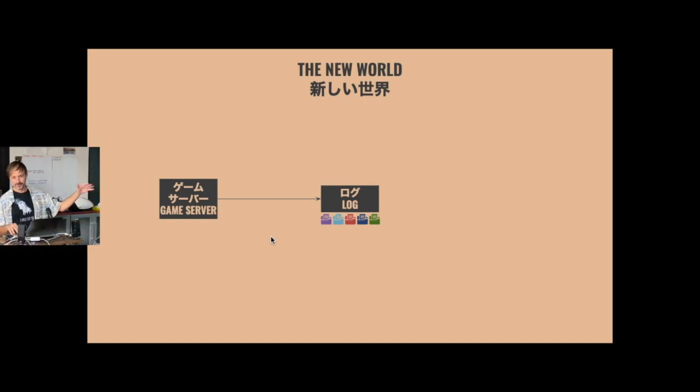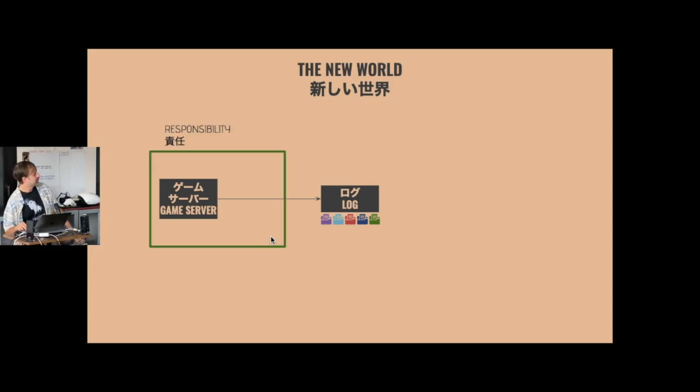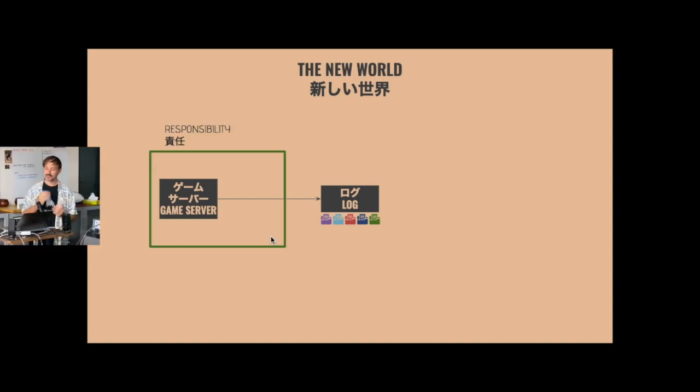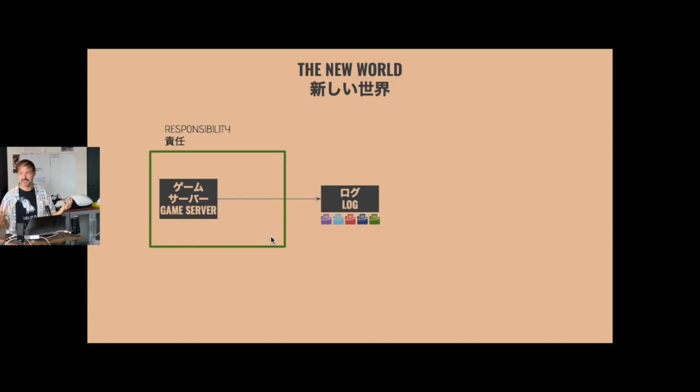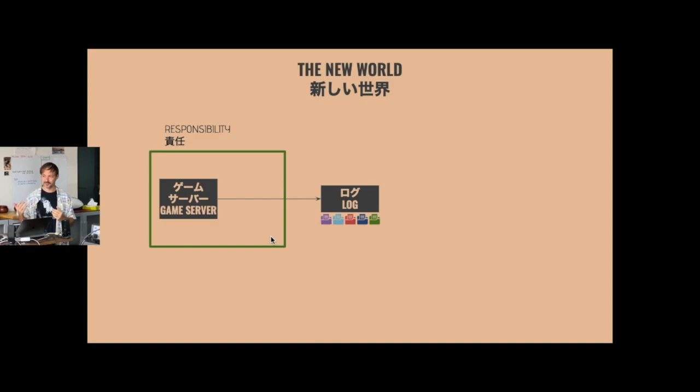Obviously, there's only 5 here, but you can imagine the scales to thousands, millions, etc. The responsibility of the game server is now literally just that. It is saying a thing happened. Also, importantly, this thing that happened is very much in the game server's domain. The game server knows exactly what a game ending looks like. It doesn't need to create these weird, tailor-made API calls out to other services that it doesn't actually really need to know about.